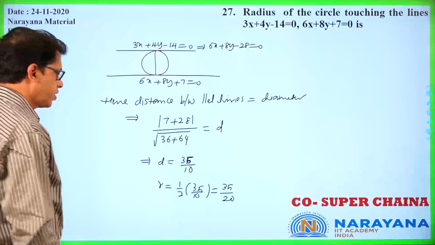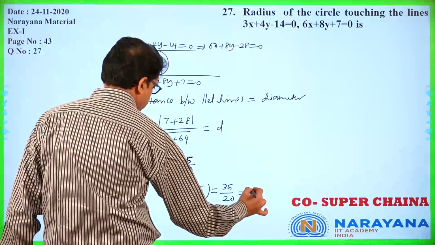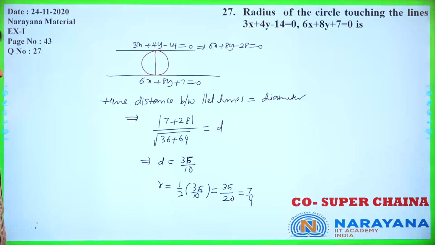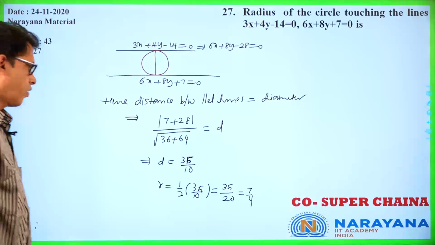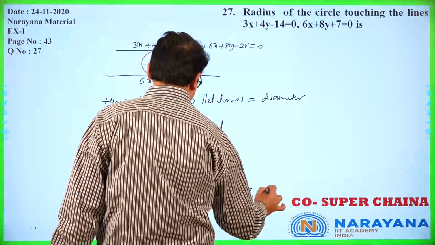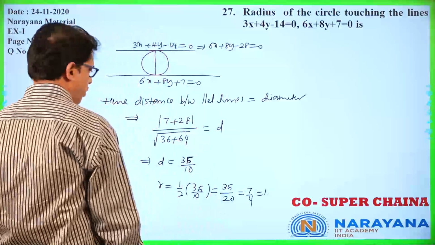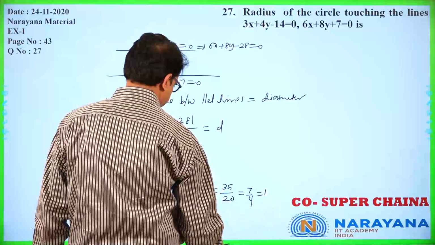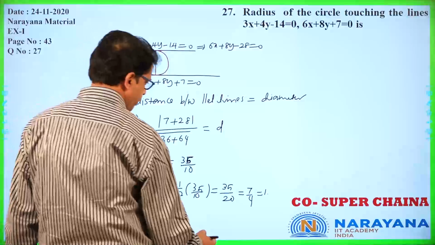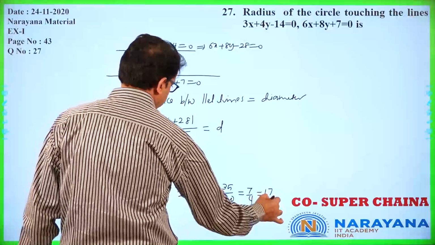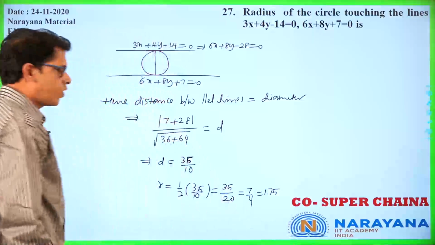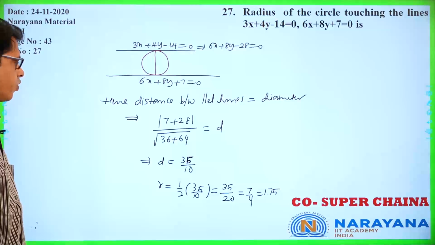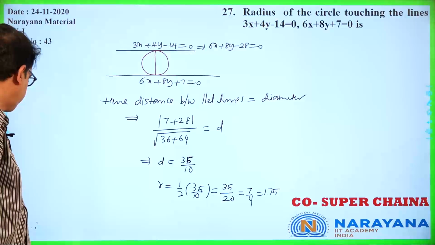So it is 35 by 20, which means 7 by 4 is the radius value. If you convert to decimal, that equals 1.75. So, radius value. Okay. Next one,